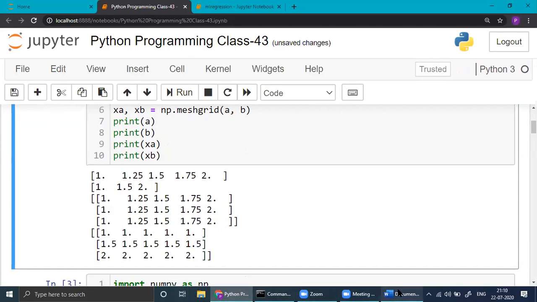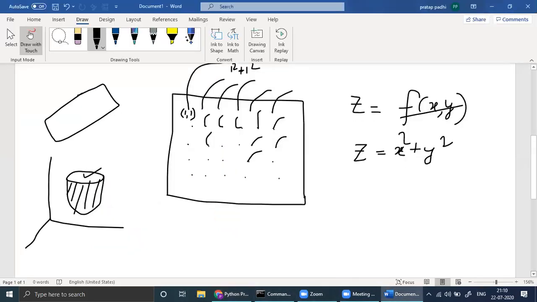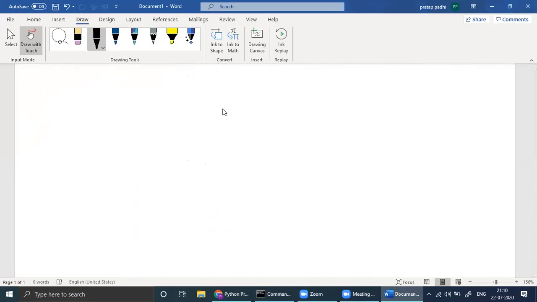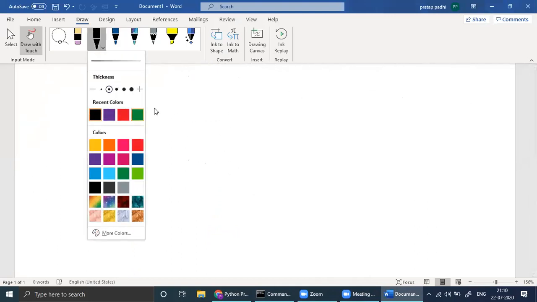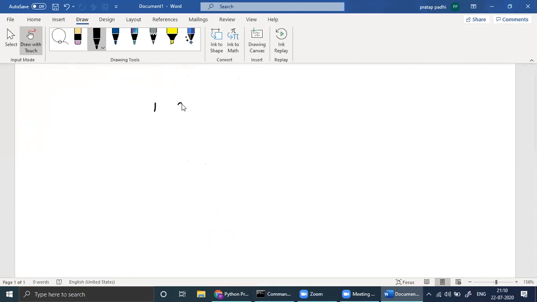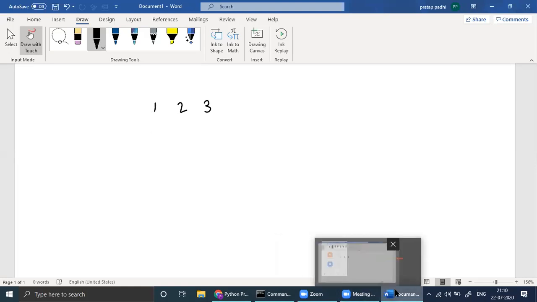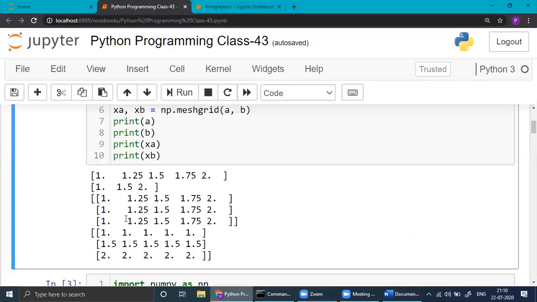Okay, let me go here once again. It's like this. If I have 3 numbers, 1, 2, 3, and you repeat the numbers, you see here, 1 is repeated, 1.5 is repeated, 2 is repeated in XB.